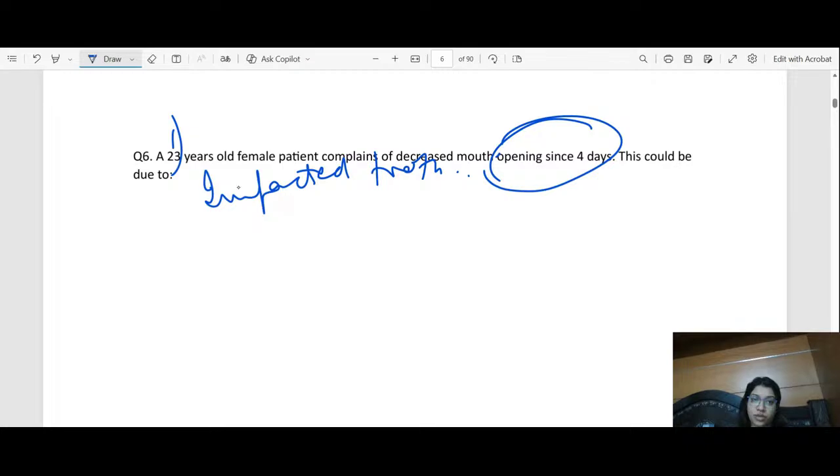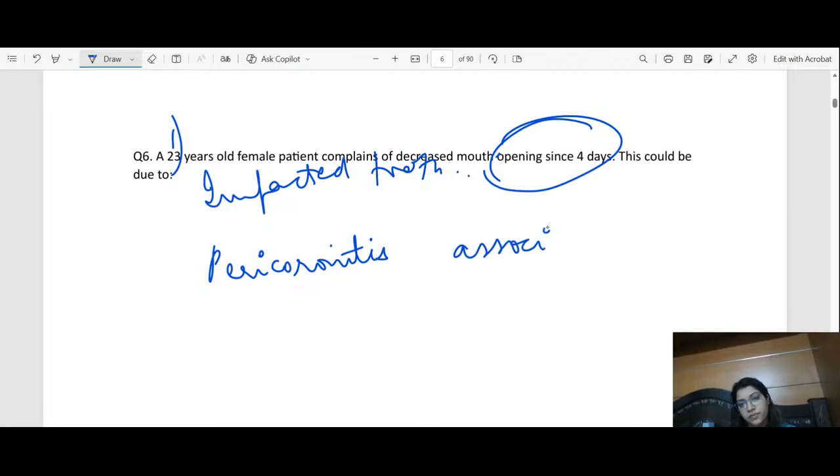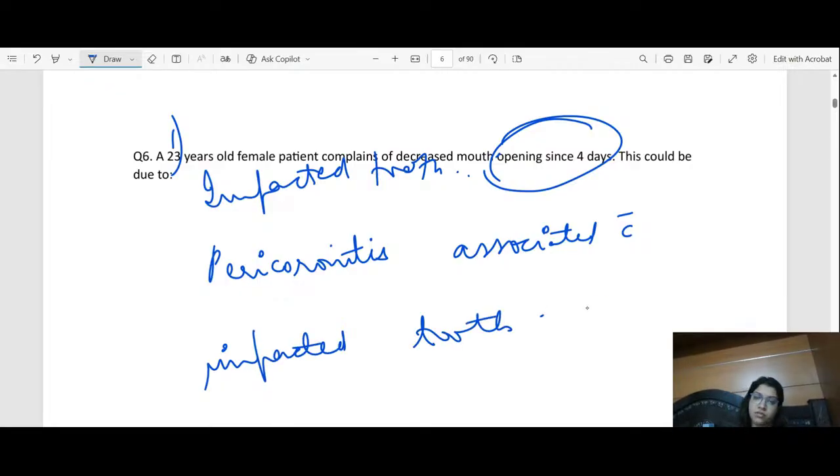So pericoronitis associated with impacted tooth results in muscle trismus, which leads to reduced mouth opening. Okay,